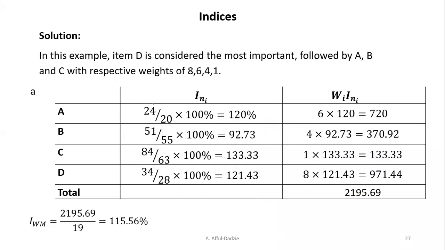So for the mean weighted indices, or the mean weighted index value, see here we have 120, 92.73, 133,